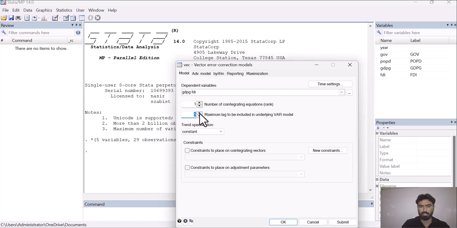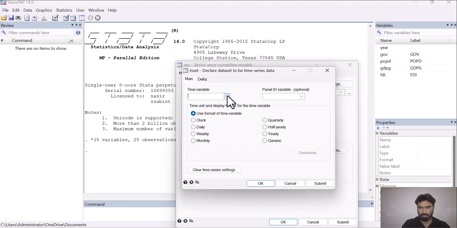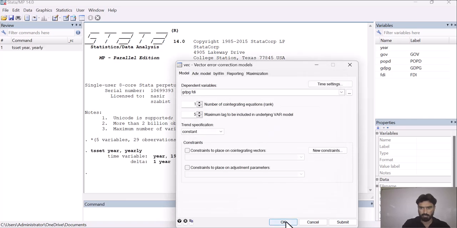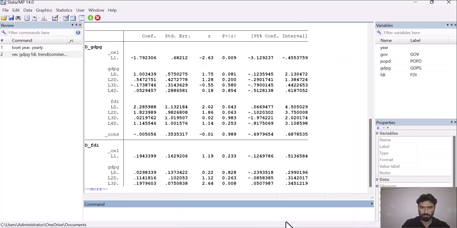So let's suppose I am going with this option of 5 lags, then go to time setting, then select year as your time variable, then go to yearly, then submit and click on OK. So here you can see that it has given you the results for the VECM model or vector error correction model.